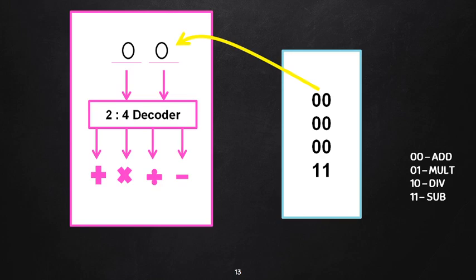Here as an example, when we fetch 00 from the memory to the microprocessor, there is a 2:4 decoder. Now what is a 2:4 decoder? It will have 2 inputs and 4 outputs, and depending on the input it will trigger the output, which means if it is 00, it will trigger the first output. If it is 01, it will trigger the second output, and so on. This is what the decoding is doing.